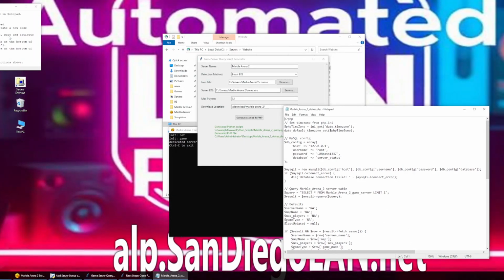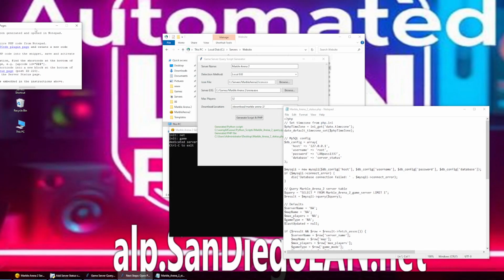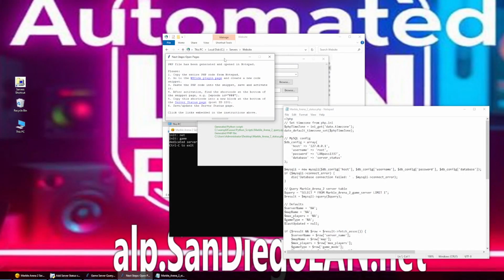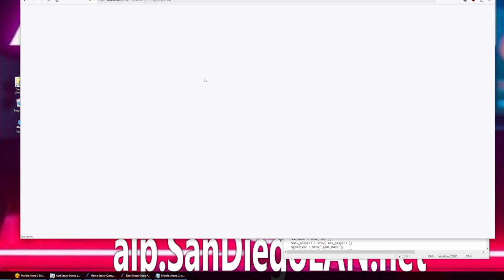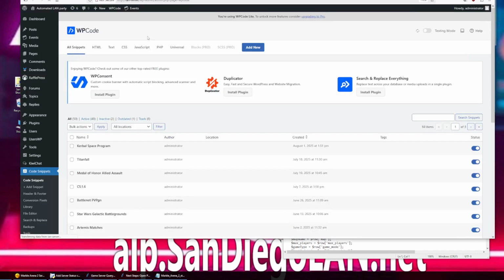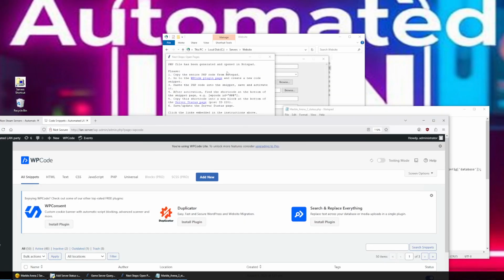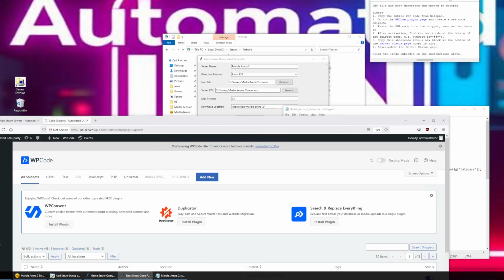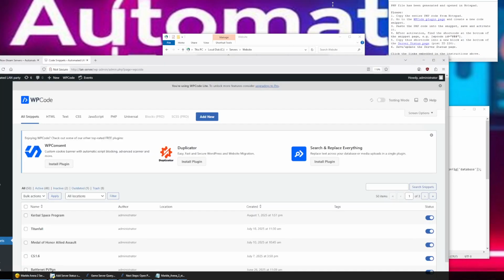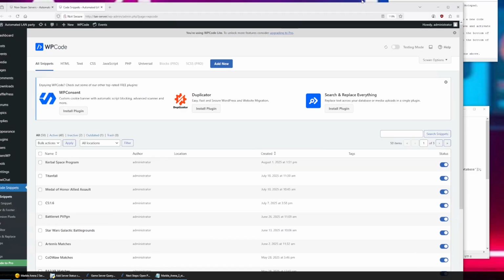What do we do with this code? Well, we read this next steps. A PHP file has been generated and opened in Notepad. Copy this PHP code from Notepad here. So we're going to click on this Go to WP Code plugin page as administrator. Now, if we're not already logged in as administrator, we might have to log in and then click on this link again. But we want to be here in the WP Code section of the website,